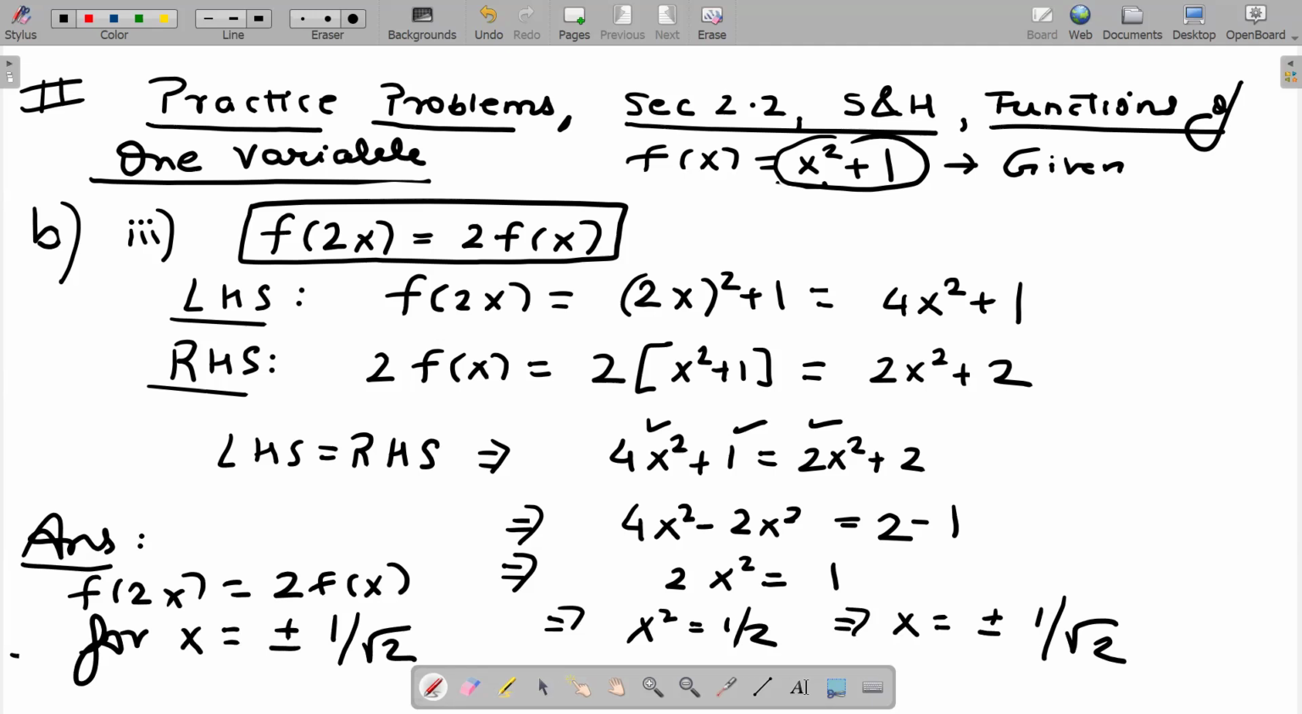Remember, these are all practice lectures. Students should have watched my video lectures on the theory part before doing these practice numericals. Okay, so hoping students have understood this. Coming back to the question paper,